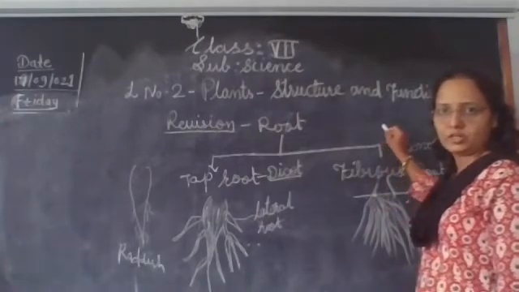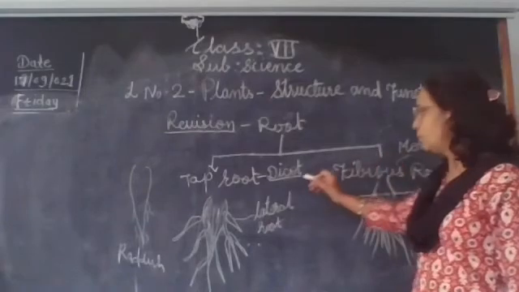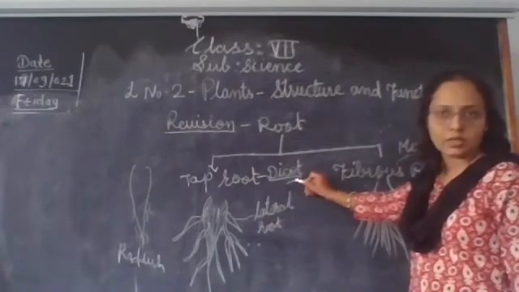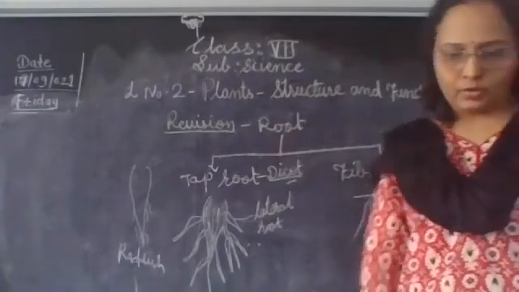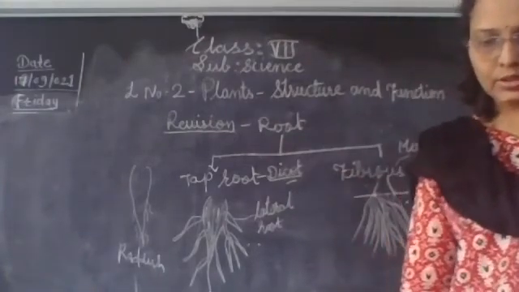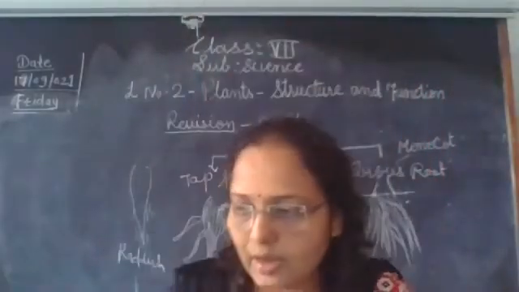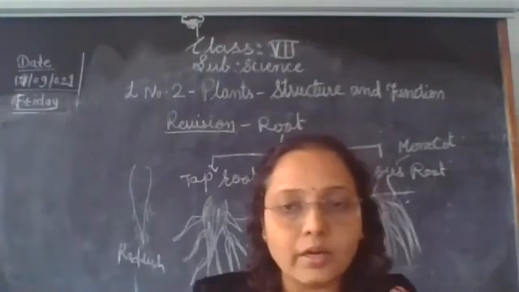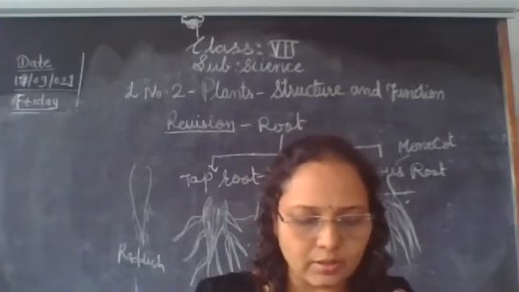So wheat, rice, bajra, jowar, these are monocots. Then pea, groundnut, mango, these are dicot seeds. Okay, so this is about the root system, fibrous root system and taproot system. Okay, understood, children? Then